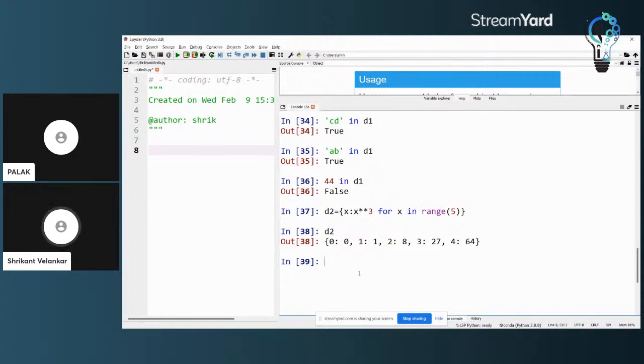List comprehension we have already seen yesterday, where a single-liner Python syntax can go inside the square brackets of a list. In a similar way, it can go inside the curly brackets of a dictionary. So this is what dictionary comprehension is about.